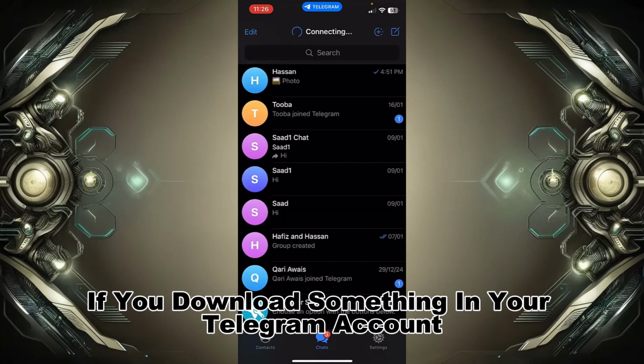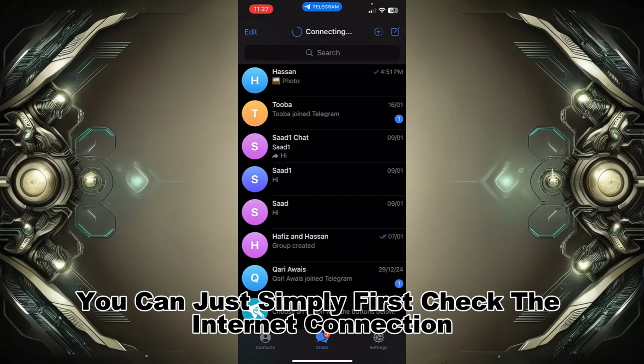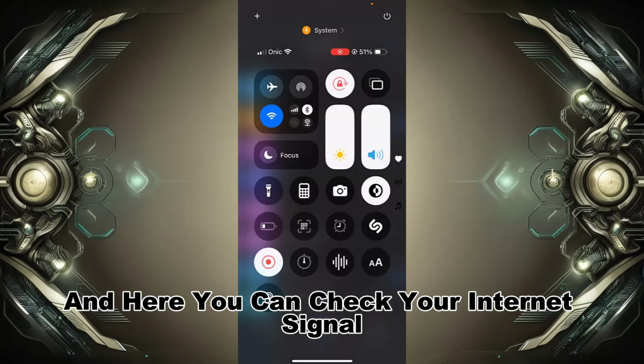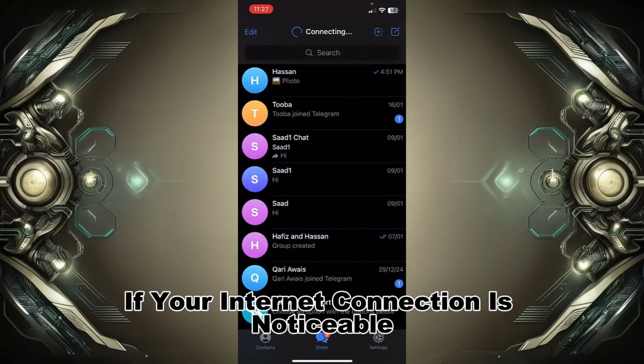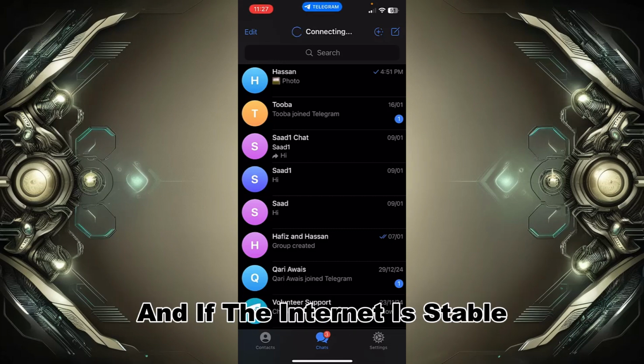and I can tell you, if you download something in your Telegram account and the picture or media is downloading very slow, you can first check the internet connection by swiping down at the top of the screen, and here you can check your internet signal. If your internet connection is not stable, the reason for the issue is your internet, and if the internet is